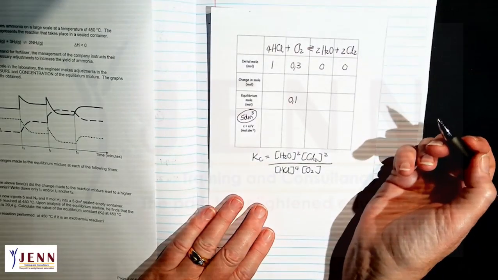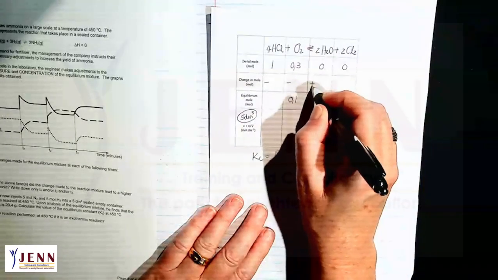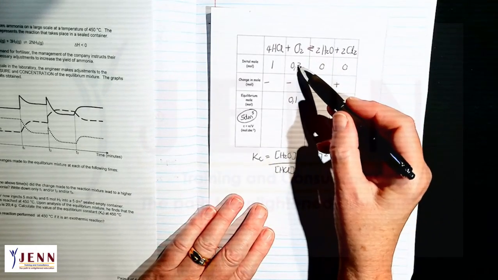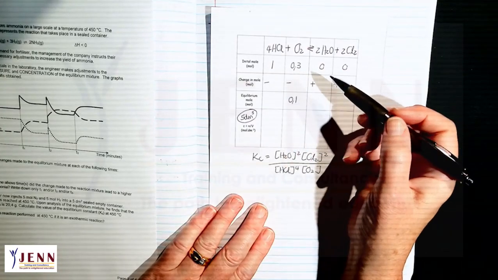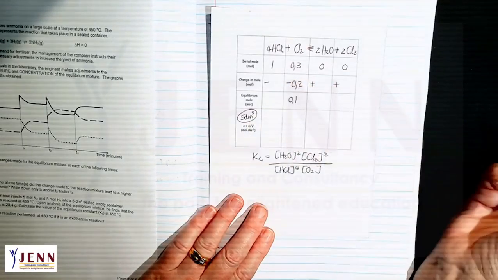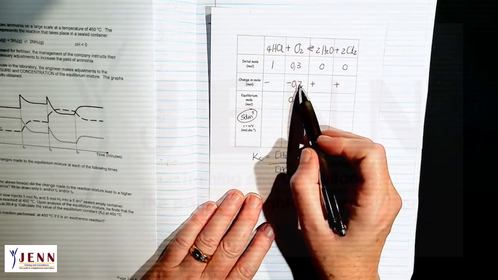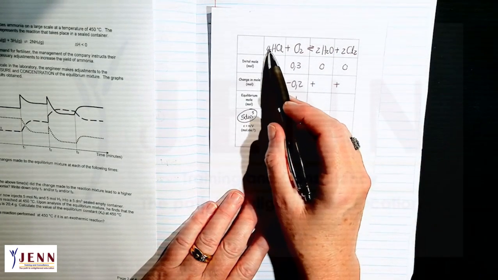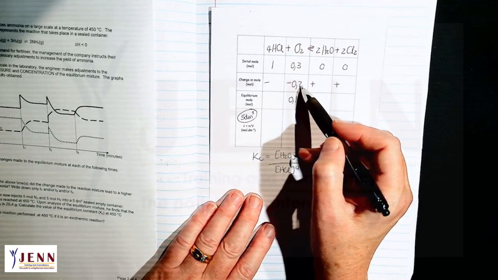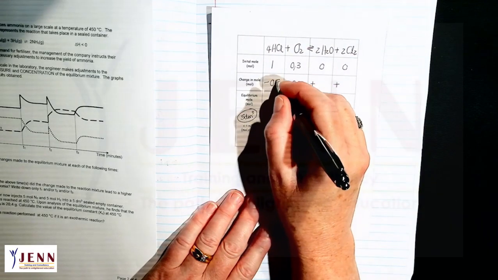Okay, so now I can complete my whole table. So it will be minus, minus, plus, plus. And we're going to do grade 1 maths now again. 0,3 minus something gives me 0,1, and that something is 0,2. Okay, now I must do mole ratios. So I take the 0,2, multiply with the one furthest away, divided by the one at the top of that. So it's 0,2 times 4 divided by 1, which gives me 0,8.